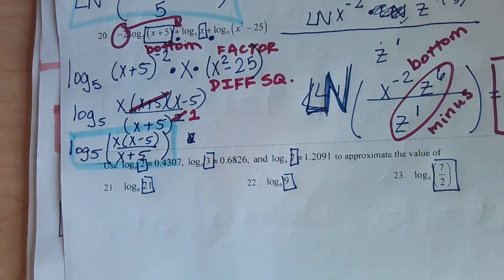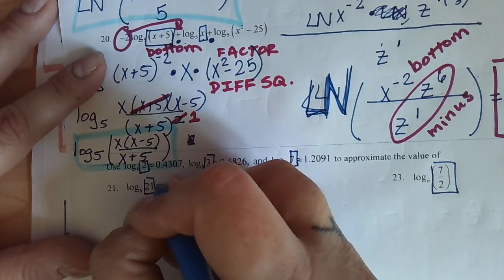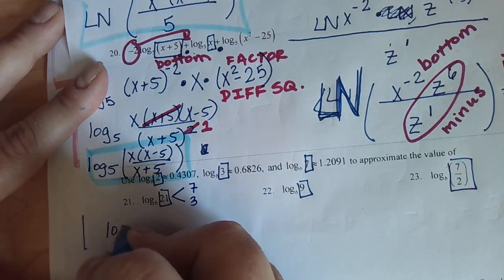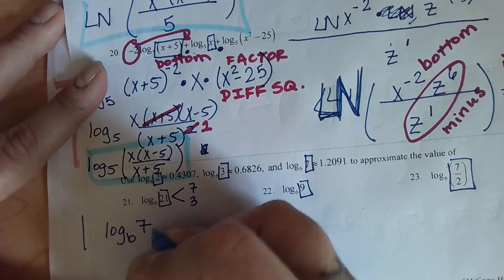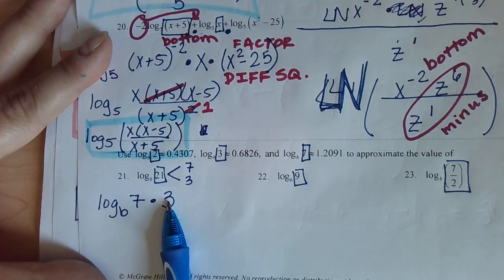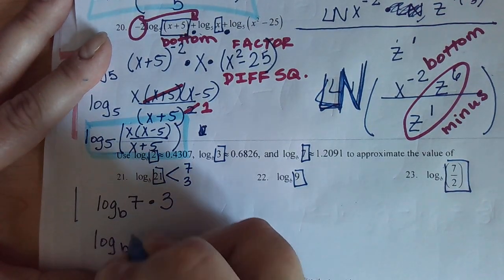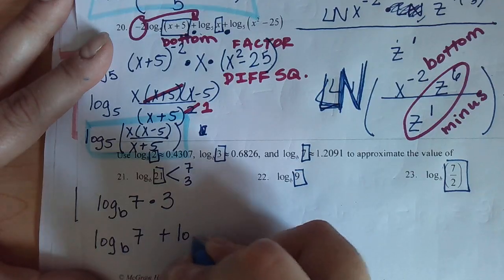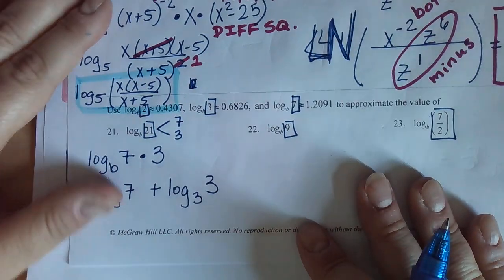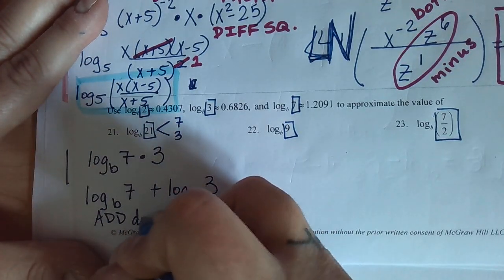How can I change 21? I can change 21 into 7 times 3. All right, so we got log b7 times 3. All right, what do multiply symbols turn into? Plus. So we have log b7 plus log b3. And then now we just have to add the decimals